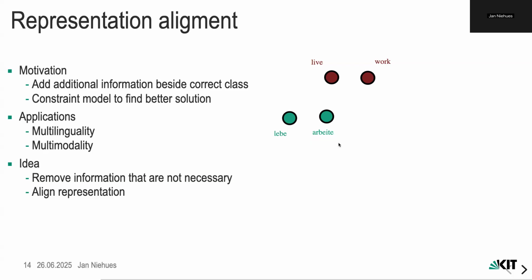In multilinguality, for example, for a lot of tasks the language is not really important. So don't encode the language information, remove the language information. And we'll see there are different ways of doing that. We can either try to remove this information, or we can focus more on making the same things the same. So having the same word in English and German be the same. But this idea of restriction,